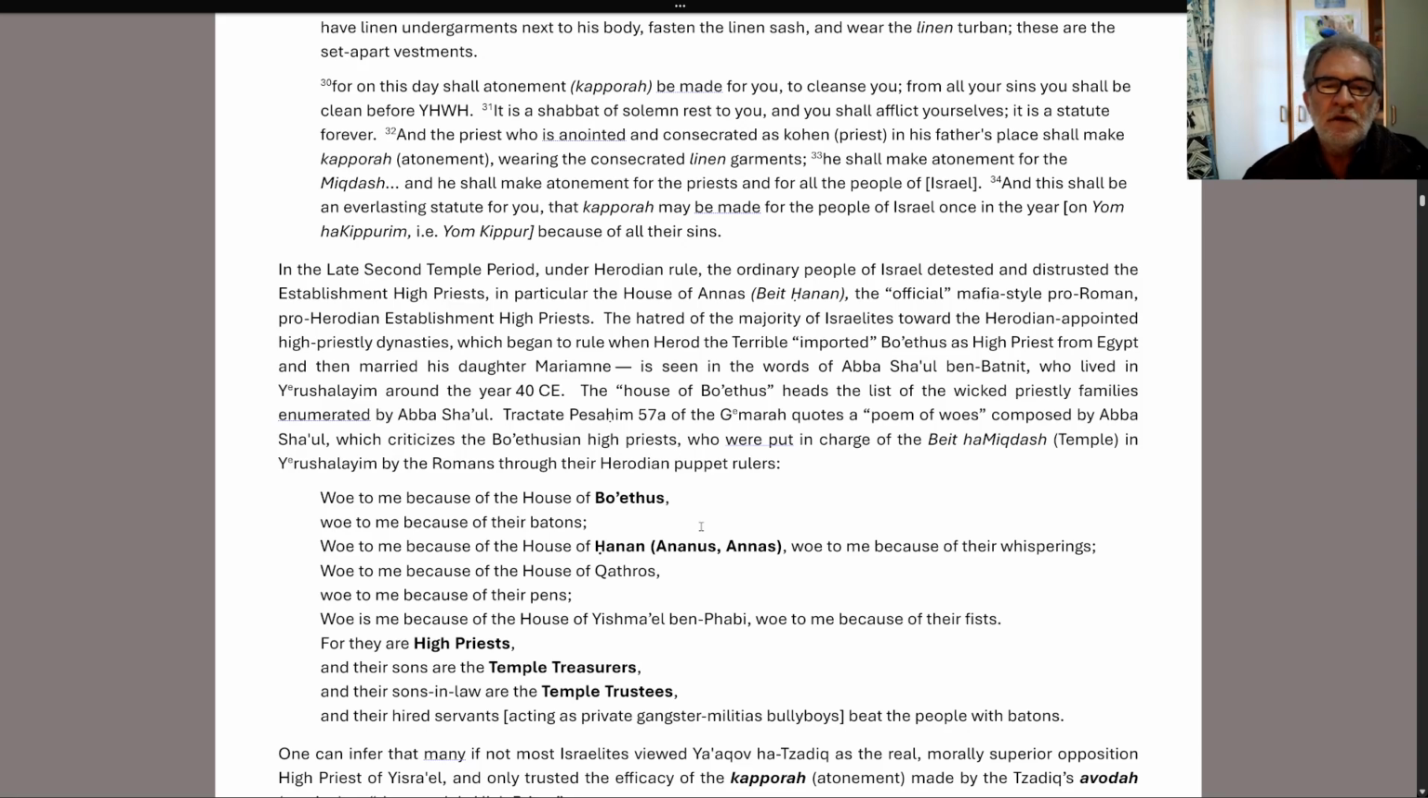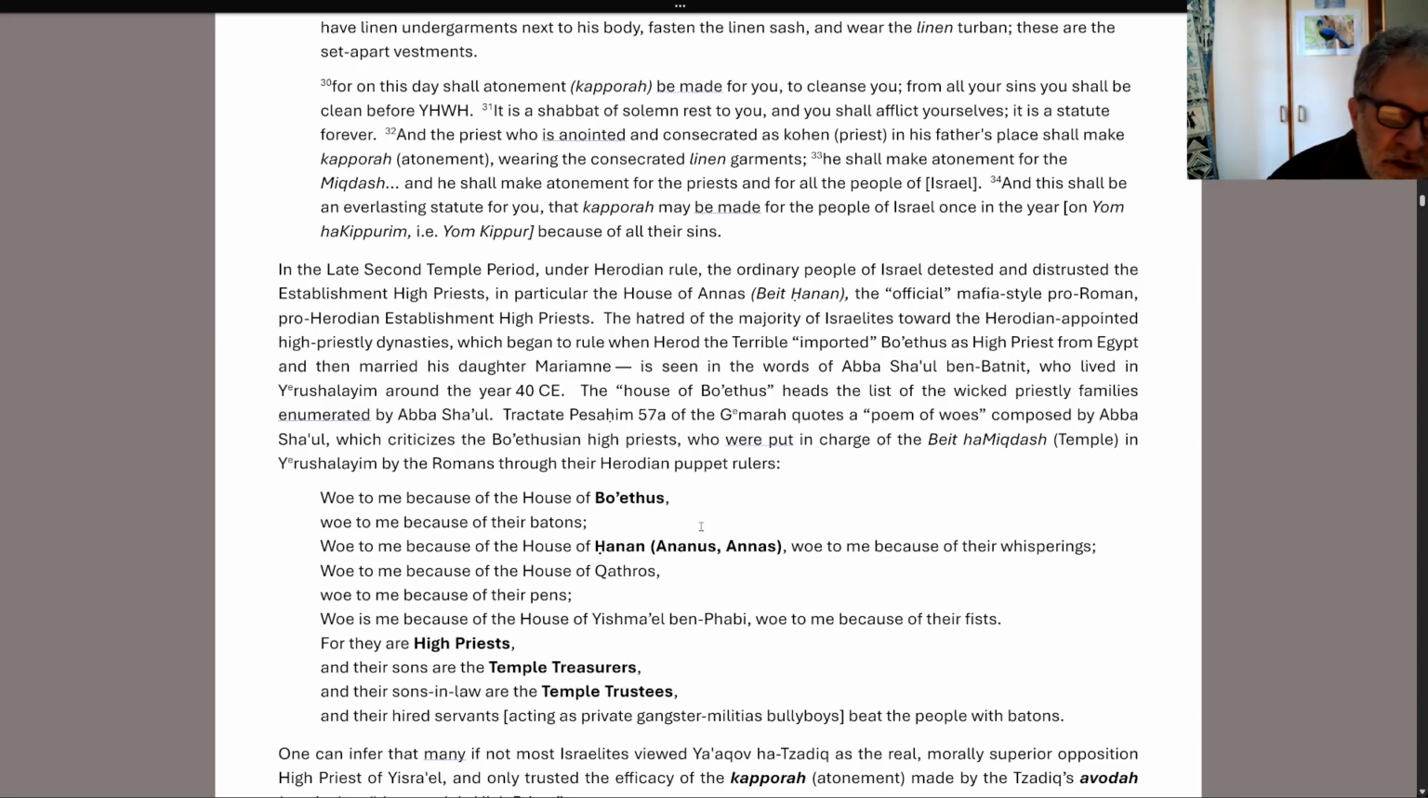Woe to me because of the house of Boethus, woe to me because of their battens. Woe to me because of the house of Hanan, woe to me because of their whisperings. Woe to me because of the house of Katros, woe to me because of their pens. Woe is me because of the house of Ishmael ben Fabi, woe to me because of their fists, for they are the high priests, and their sons are the temple treasurers, and